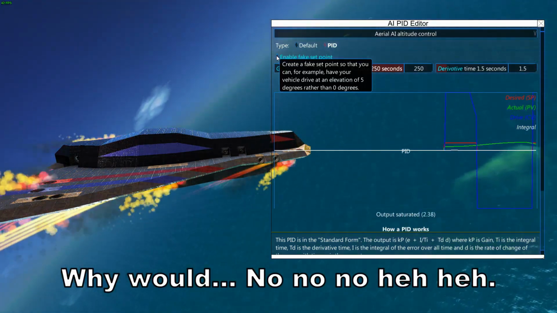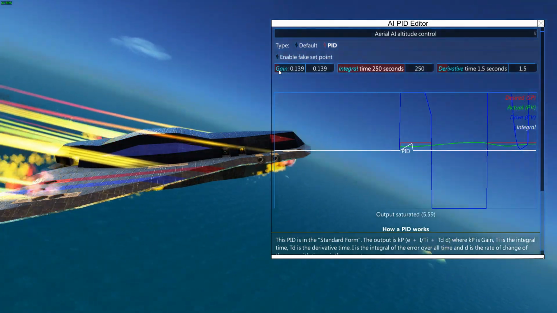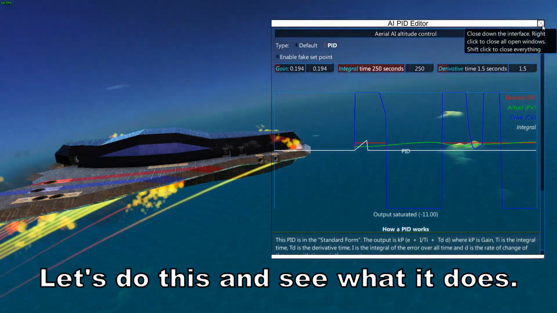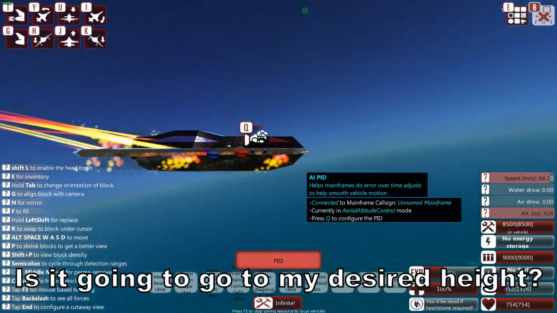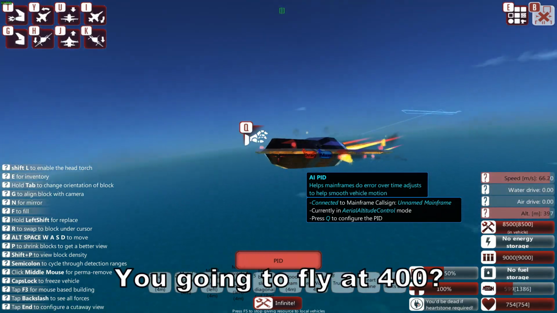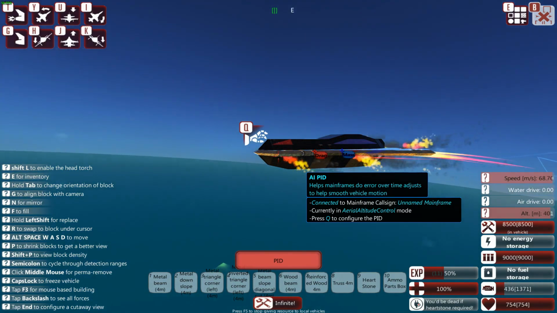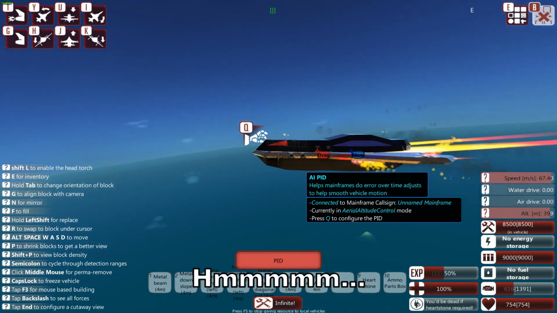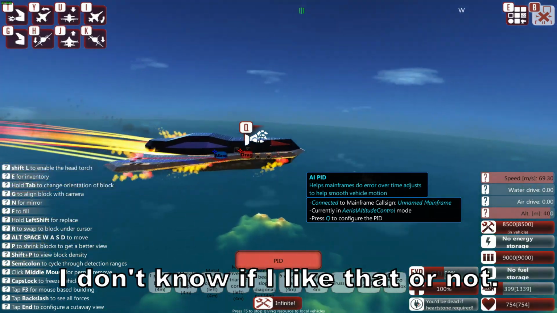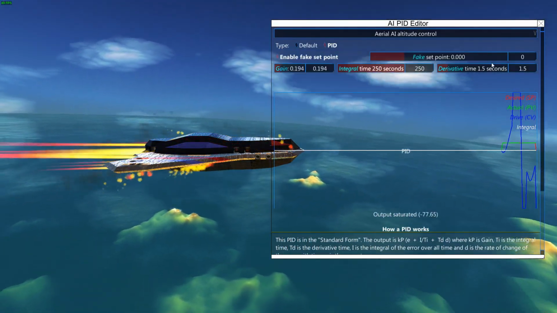Yeah, let's do this and see what it does. Is it going to go to my desired height and stay there? You going to fly at 400? Sure, bobs up and down a bit in that. I don't know if I like that or not. Let's see what happens if we set a fake point to...